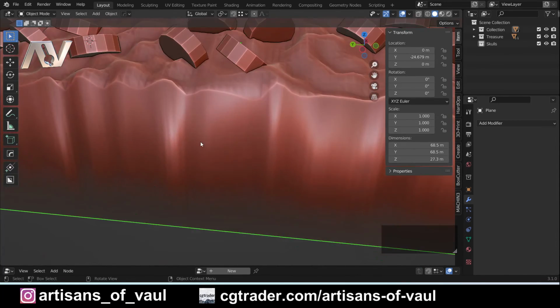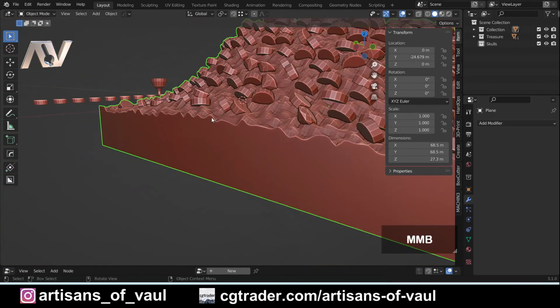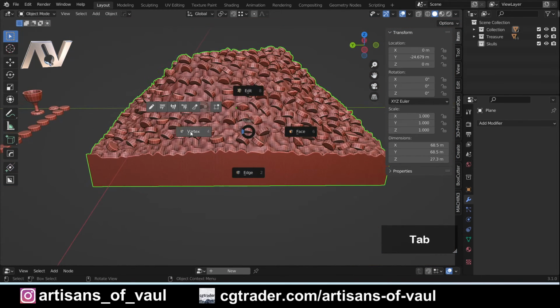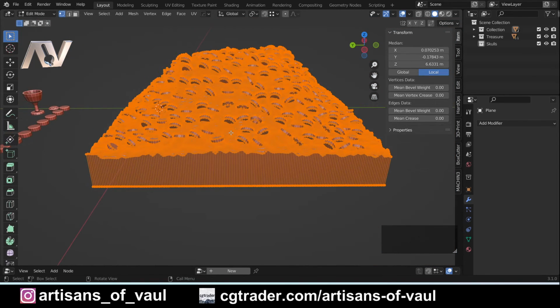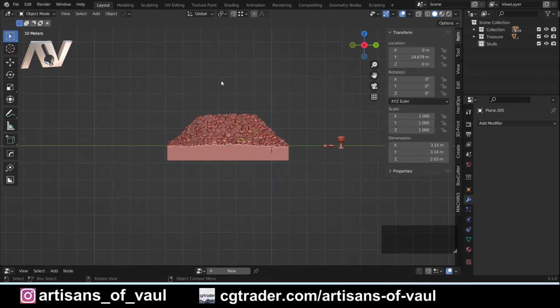And I will say this looks a little bit messy because of the shading, because it's on shade smooth. If I shade it flat, you can see this is a flat edge. Now we're going to separate everything out. If I go into vertex mode A and I press P, I can separate by loose parts. I've now got all of my different bits, and I can just select all of them